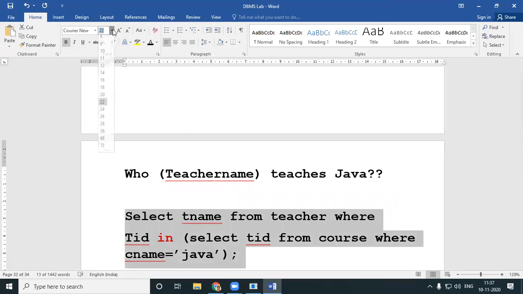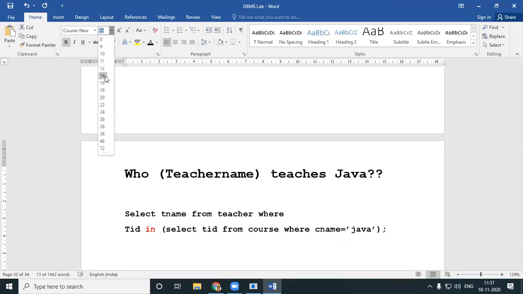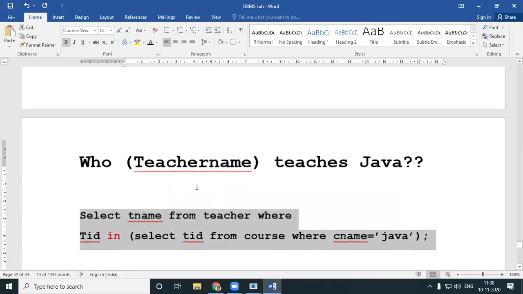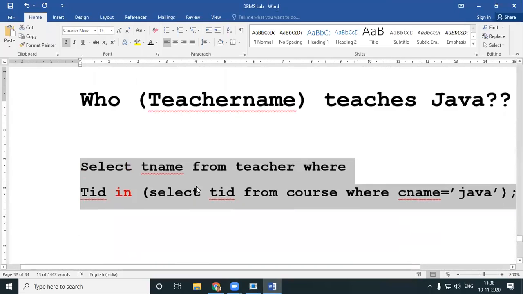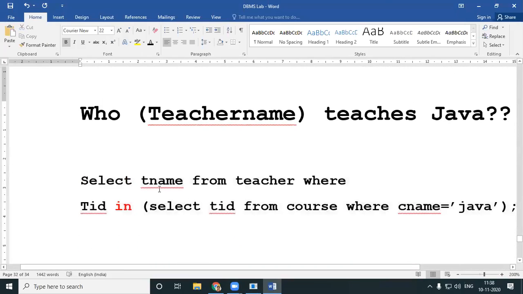Just make my font smaller so that you can see it in a single go. I want the teacher name, so I write it outside. Whatever details you want to be displayed, you will have in your outer query. This is my outer query, and this is my inner query.